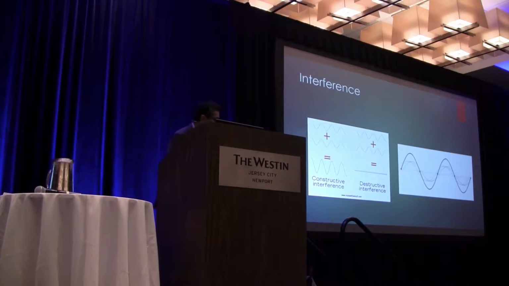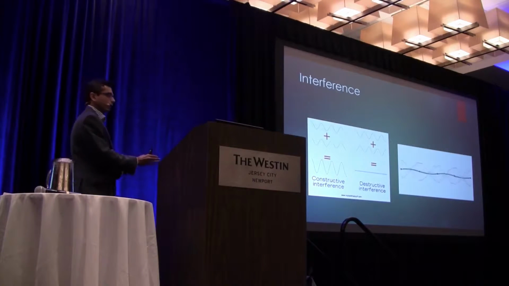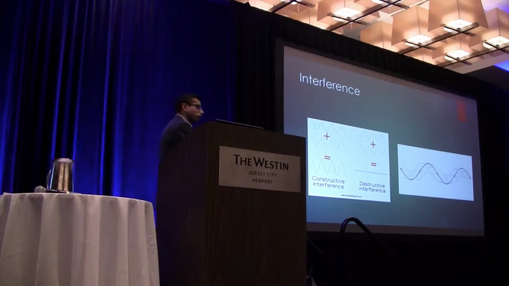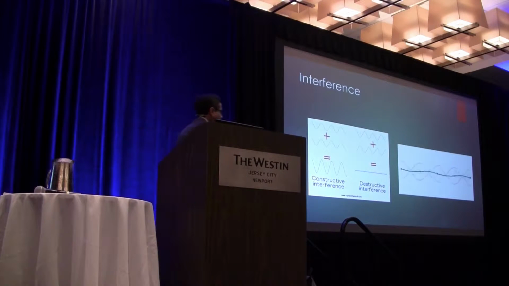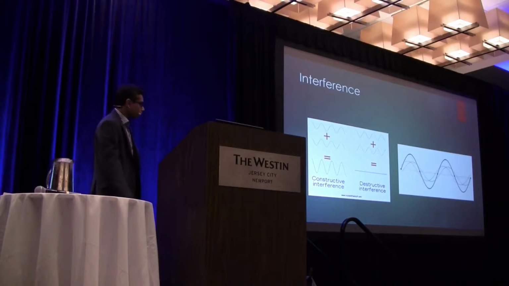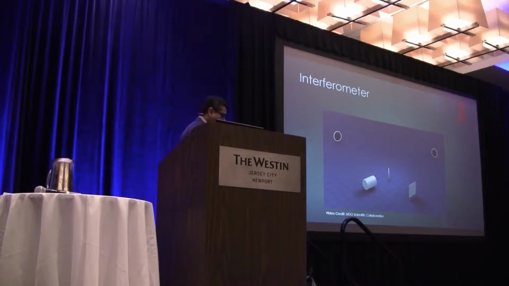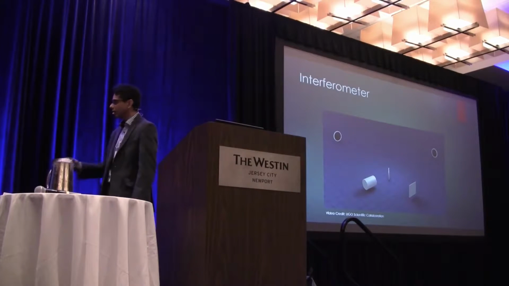On the other hand, if we have 2 waves which are completely misaligned, which means that the crest of one of the waves lies on top of the trough of the other, then they both cancel each other out. The resultant wave has an amplitude of 0, so we get absolutely nothing. That's called destructive interference. And that's the general idea of interference. So where does interference come in this detection? It comes in because LIGO is arranged as an interferometer. And so think of this thing here.